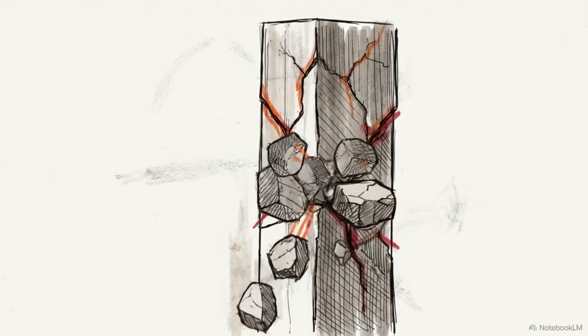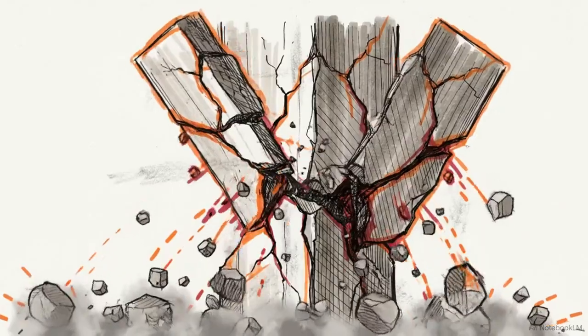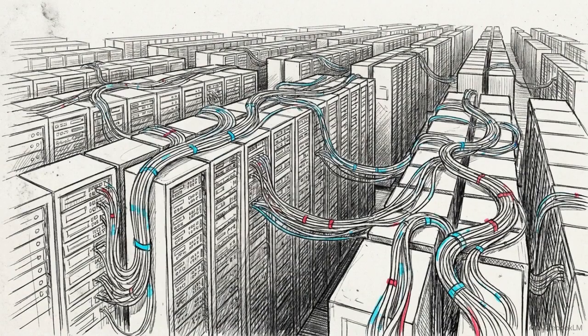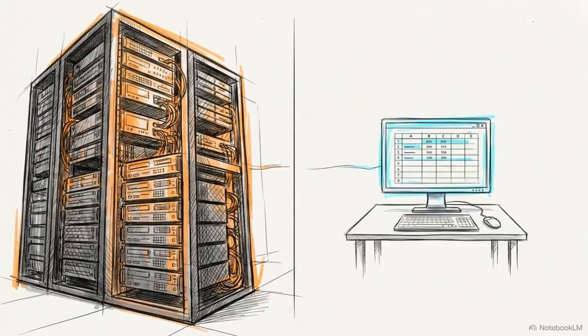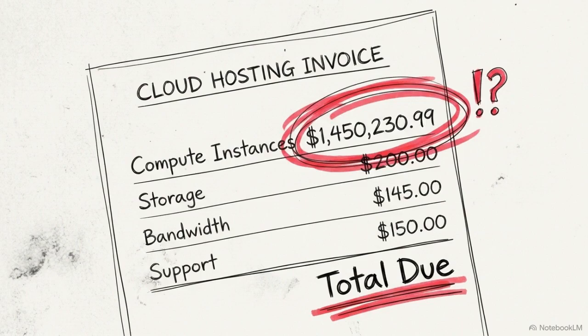For over a decade, data architecture has been built on a foundation that is starting to fracture under its own weight. We trained an entire generation of engineers to default to distributed cluster computing, spinning up heavy Apache Spark clusters or Snowflake instances, whether they were processing petabytes of logs or just a few gigabytes of clean data. This one-size-fits-all approach forces every simple analytical query through a gauntlet of network orchestration, creating unnecessary latency and driving up